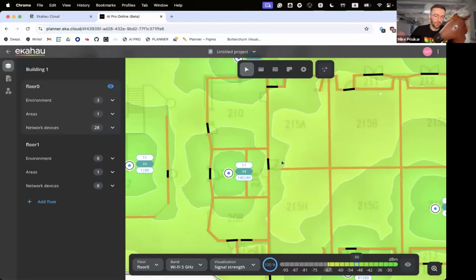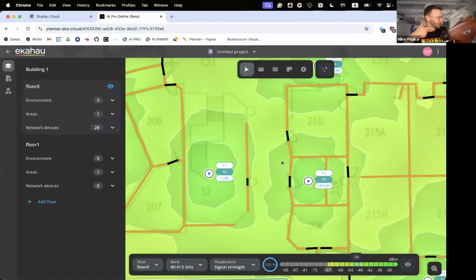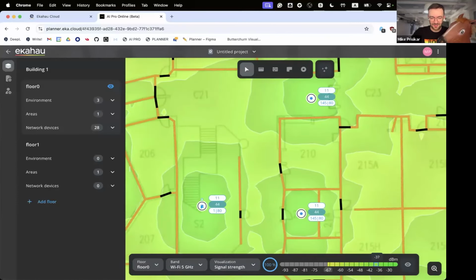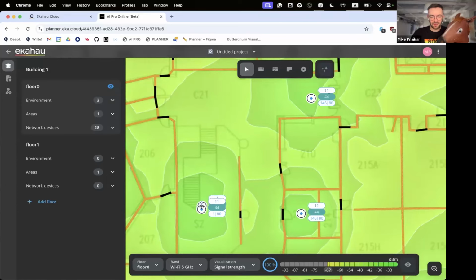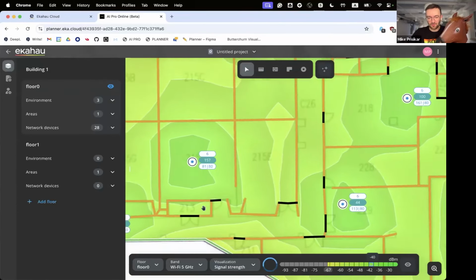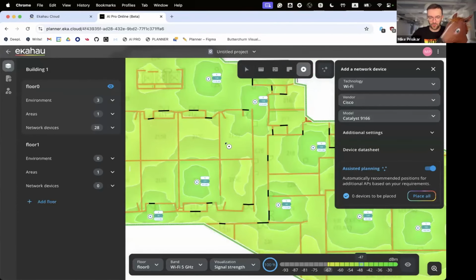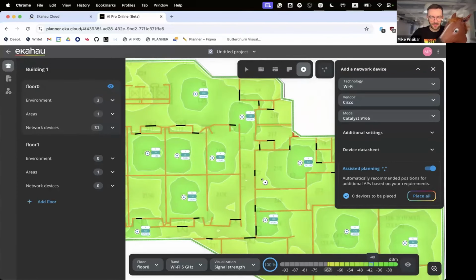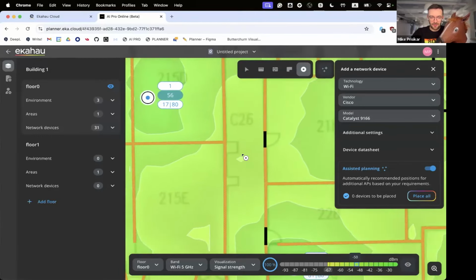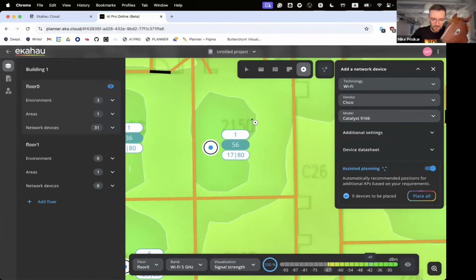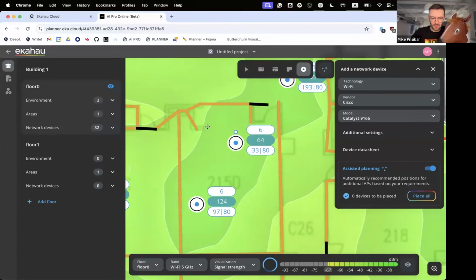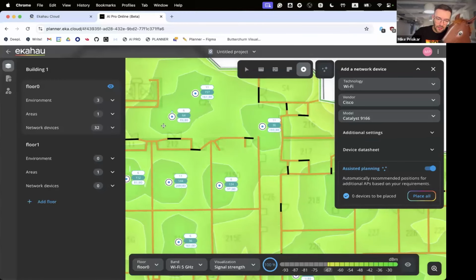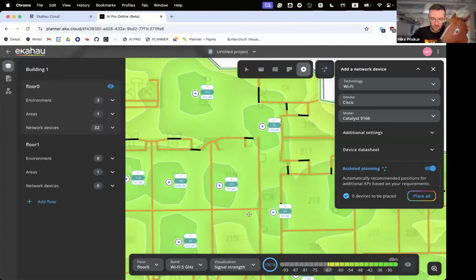Of course, if I want, or if Horse wants, is it okay if I tune your design just a little bit? All right, yeah, I can do so. You can start playing around, just moving them. If you want, of course, you can add more access points just by clicking here and there. As you can see, it's super fast, super natural, and you will see those cool fancy animations live. I really like this stuff. Even if I drag those APs, I will see how the heat map is changing, right?